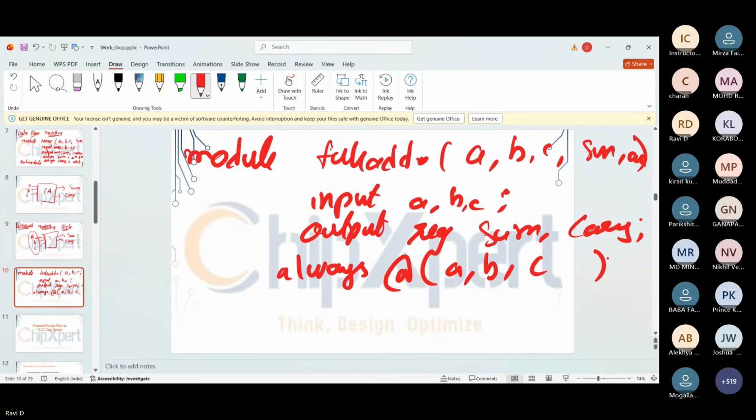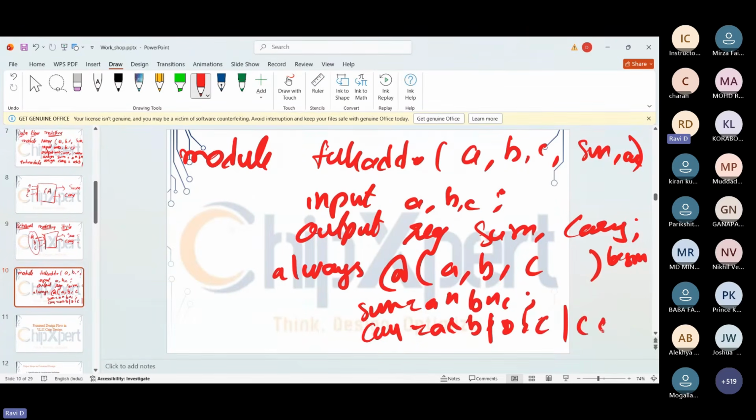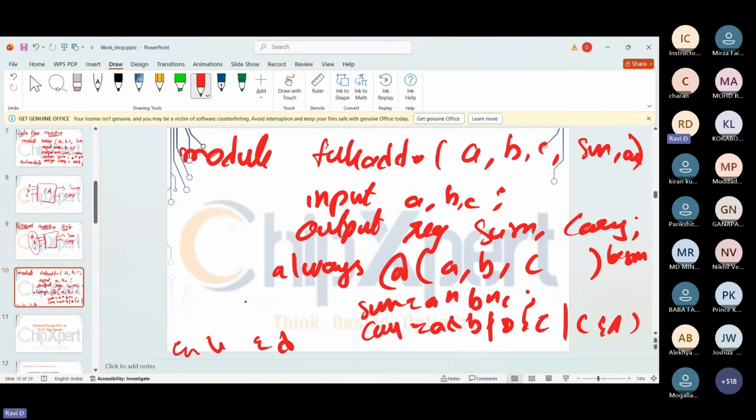Always at the rate, begin. Sum equals A XOR B XOR C, and carry equals A and B, or B and C, or C and A. End. End module.